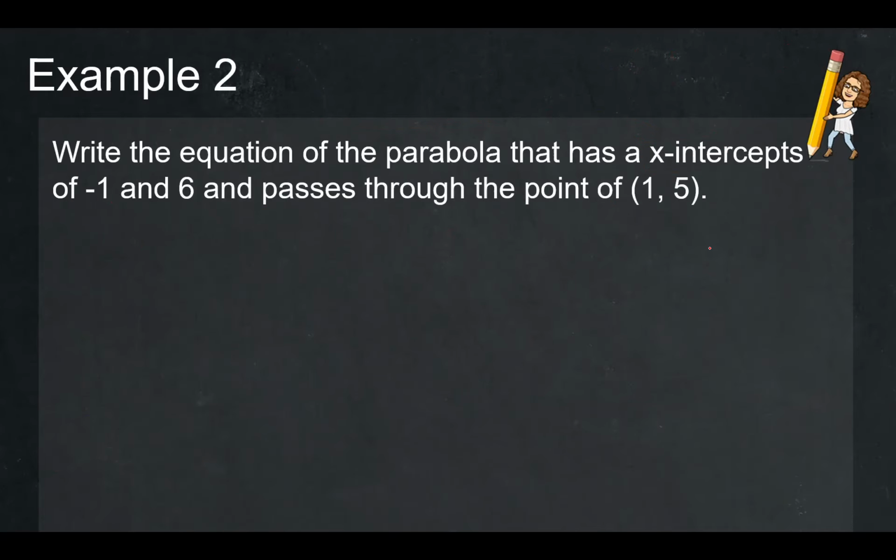So, another one. They are giving us the equation of a parabola that has x-intercepts of negative 1 and 6, and then passes through the point 1, 5. If I'm given intercepts, I should probably use intercept form, right? That would make the most sense